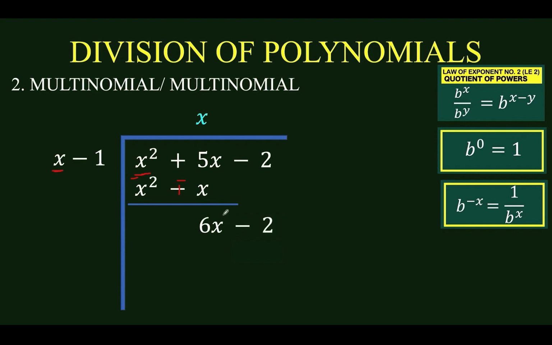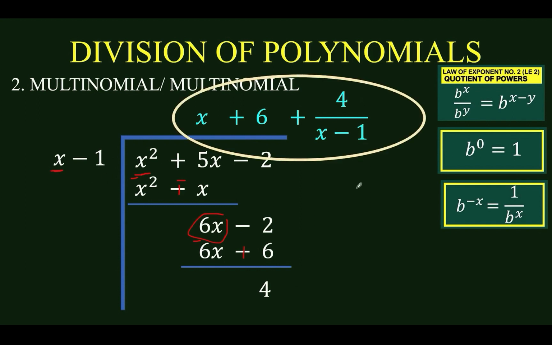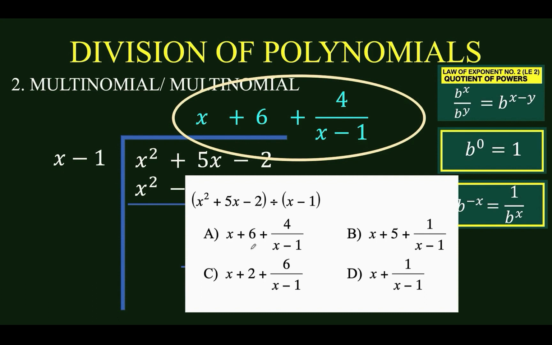Then repeat the process. The first term here divided by this x is positive 6, and then distribute 6 to x minus 1 to get 6x minus 6, and then subtract. Then this becomes minus 6x. Change the sign here to become plus 6. So negative 2 plus 6 is equal to positive 4. This 4 now is the remainder, and we write the remainder over the divisor. So plus 4 over the divisor x minus 1, and that's the answer. And that must be letter